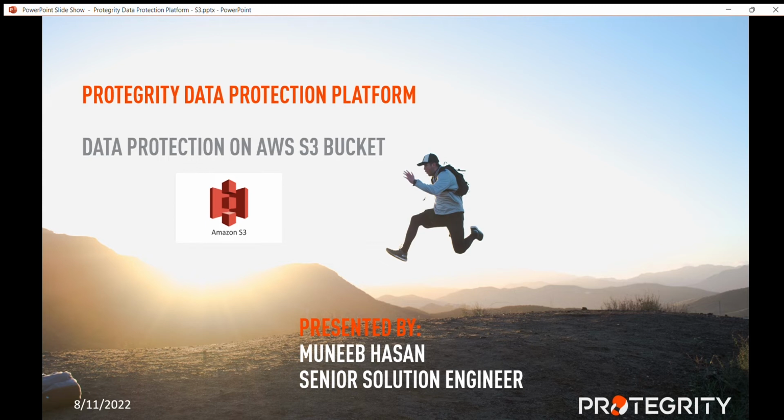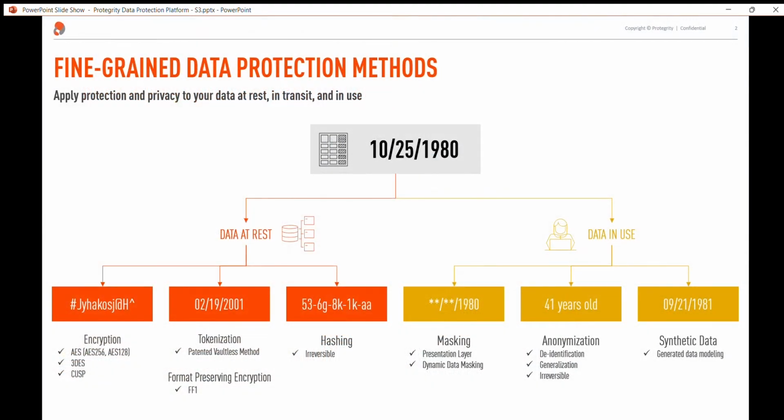Today I'm going to be talking about how you can protect your sensitive data assets on S3 bucket using Protegrity's data protection platform. Protegrity provides various different methods for data protection. For example, for data at rest, encryption can be used, which can be AES 256-bit encryption along with format preserving encryption. Data tokenization, which is Protegrity's patented vaultless method for tokenization, can also be used, which does not require a